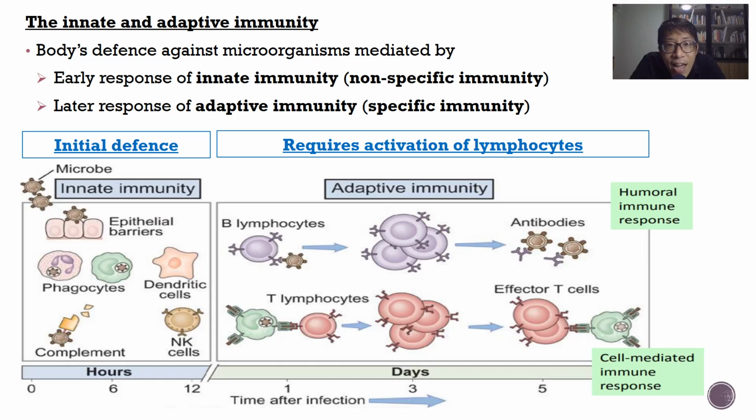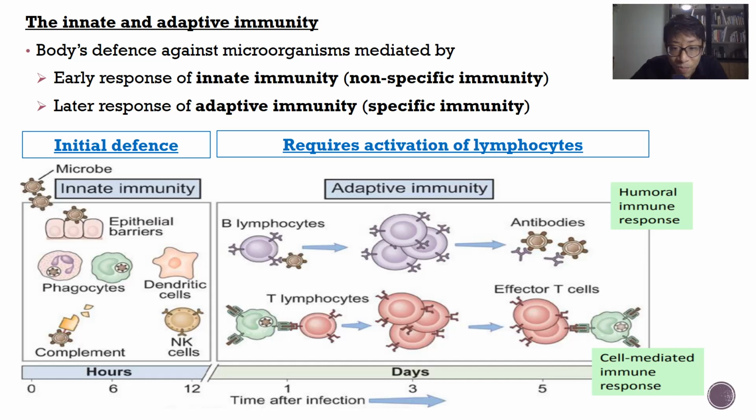For the adaptive immune system, there are 2 arms. Firstly, the humoral immune response, which involves antibodies. This should be a term that you are familiar with. And there's also the cell-mediated immune response, which involves the cytotoxic T cells killing infected or abnormal cells. But for today's SLS, we will focus more on the innate immune system,